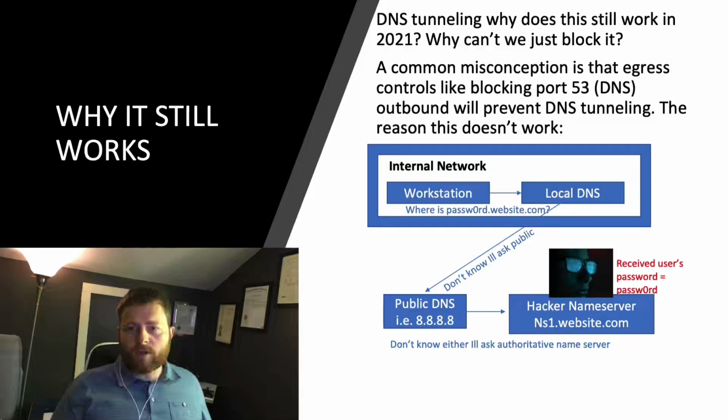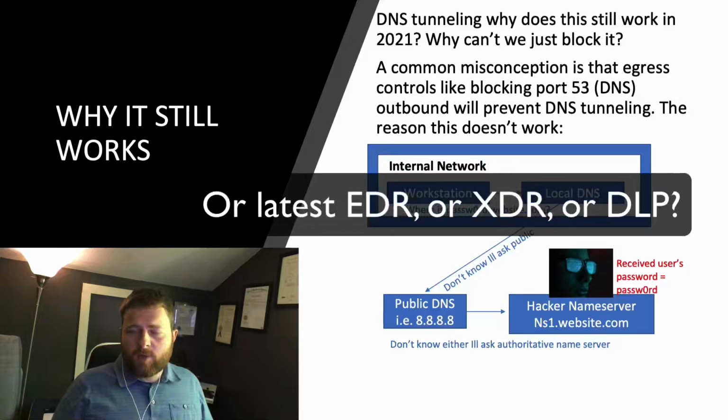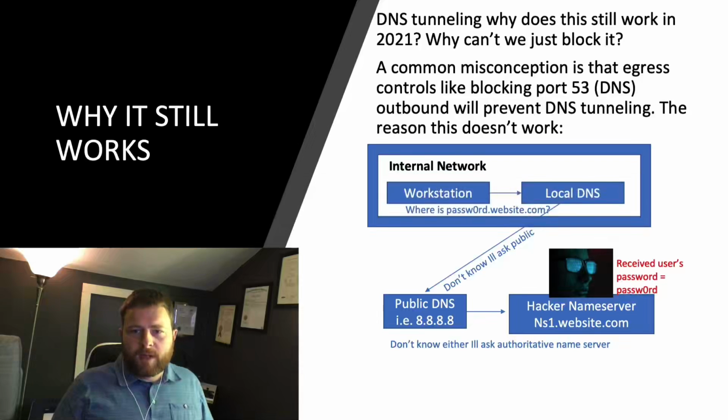So why it still works. This is an explanation I often have to give during red team presentations. Why does DNS tunneling work? Why didn't our SIEM catch it? Well, why hasn't someone come up with a 100% effective way to prevent this threat? And why can't we implement that? With DNS tunneling, even if all of your workstations are locked down and with a tight egress policy where no ports are permitted outbound and DNS is only permitted to your own internal DNS server, that still doesn't prevent